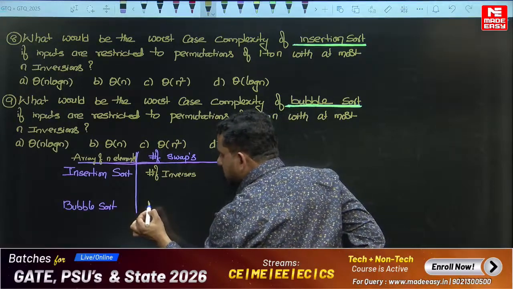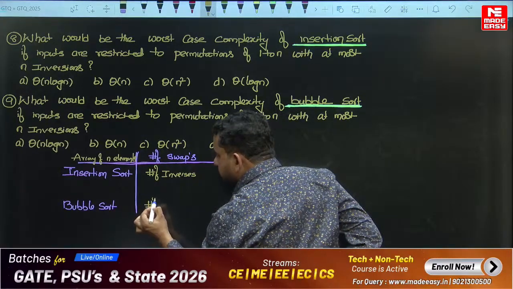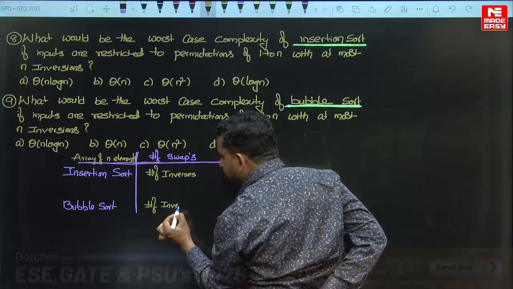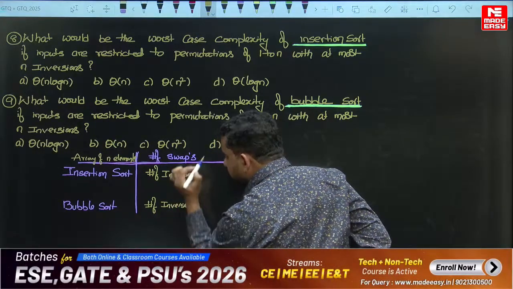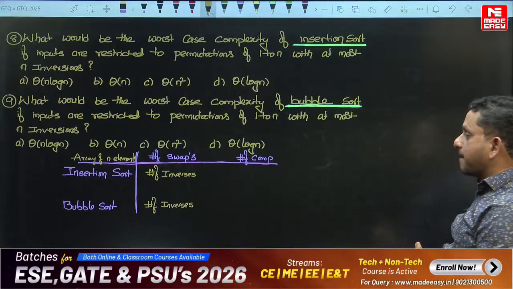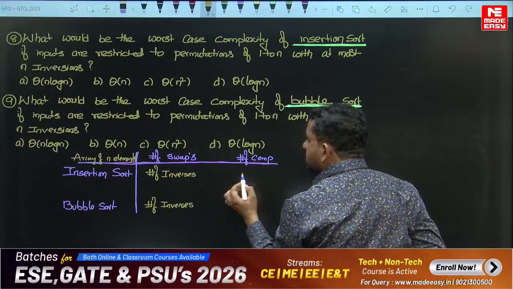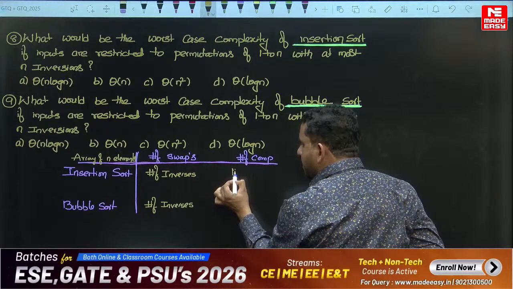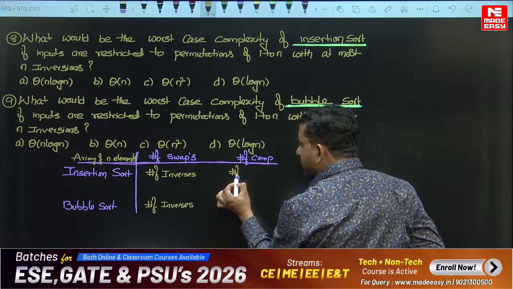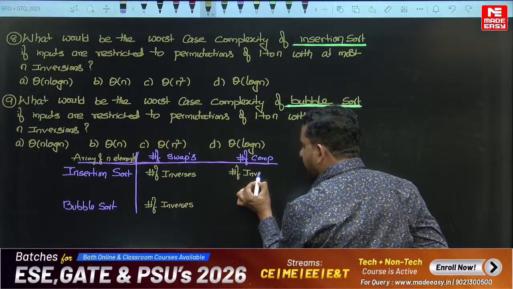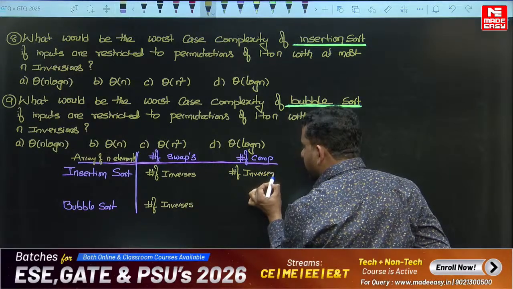Even for bubble sort, the number of swaps is the number of inversions only. Both are the same, but for the number of comparisons of insertion sort, it is the number of inversions,